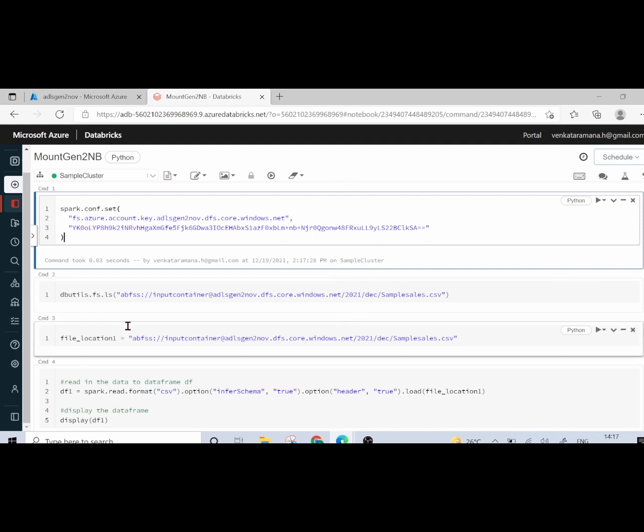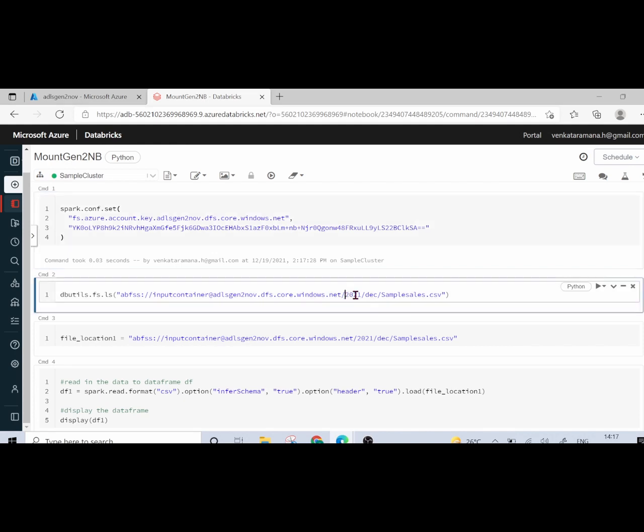All right, so after that, what am I supposed to do? Here I will have to create a specific. Okay, so this dbutils.fs.ls is nothing but, if you want to list normally inside your Databricks file system, how do you list it? You will basically use this command called percent fs space ls.